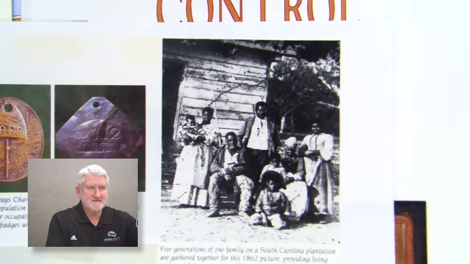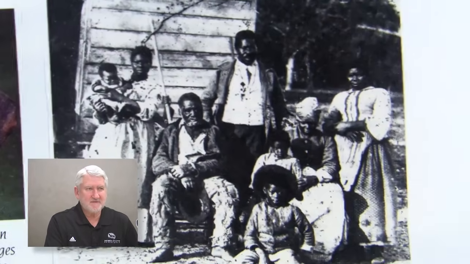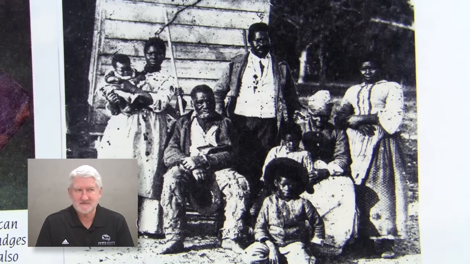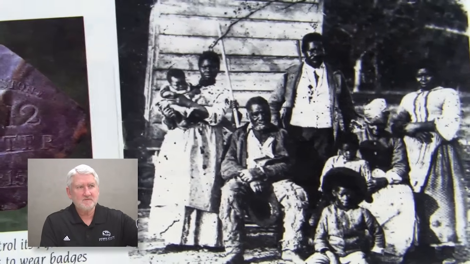Here's a photograph of a slave family, and it happens to be 5 generations of slaves. Now, that was a pretty rare picture because most slaves didn't make it long enough to enjoy being even grandfathers or grandmothers, let alone great and great-great-grandparents. You died pretty young. You started working as a kid. You worked until you virtually dropped dead. The average life expectancy of a slave might be in the early 40s. So you have little chance to be a grandparent. But take a look at this woman with this baby.